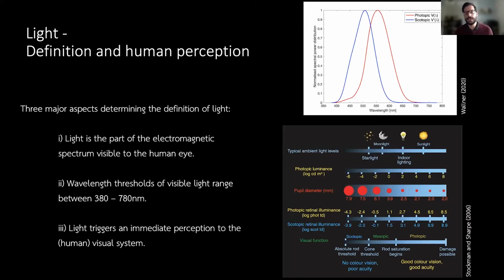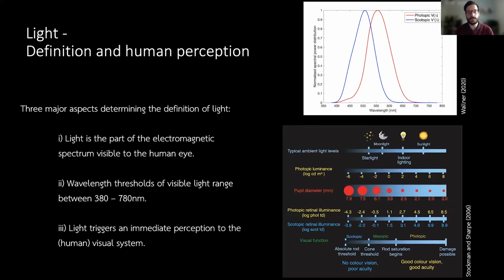Here you can see that between this range of 380 and 780 nanometers, our eye has various sensitivities. The red line is the so-called photopic vision, which we have at very high ambient light levels. So this means, for example, during the day. And the blue one is directly the opposite, the so-called scotopic vision. This is for a very low ambient light level, so for example going through a street in the night when the background is more or less dark.